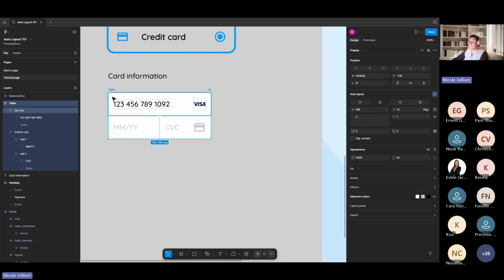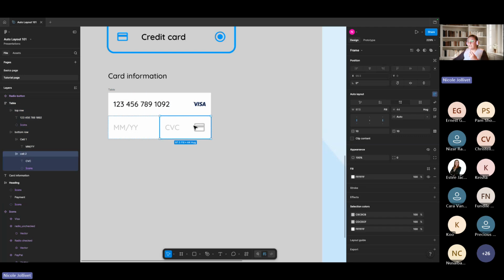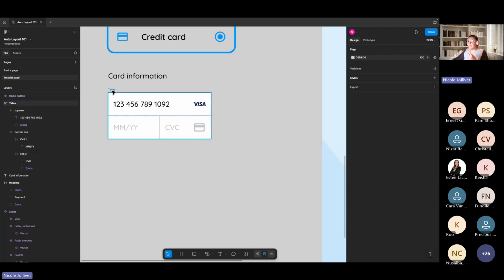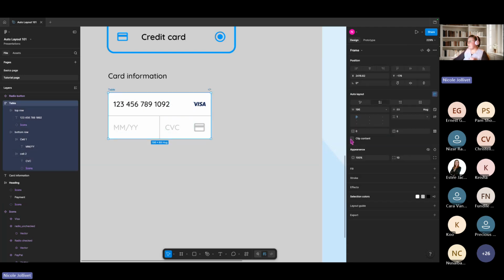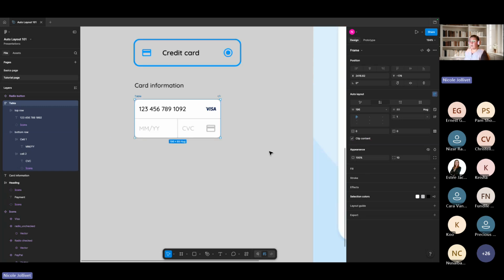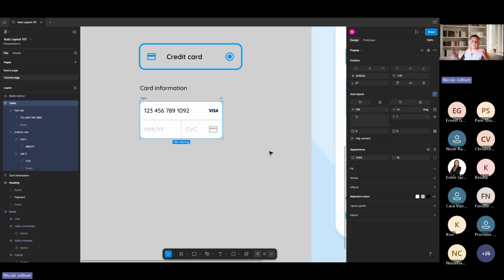That's because this table layout doesn't have a fill to show that it's applied that rounded edge to. The fill has been applied to these individual pieces. But a way that I can get around that is by clicking on my table layout, which is my topmost layer from this whole thing, and going clip content. So that just says whatever I've applied to this outside layer,